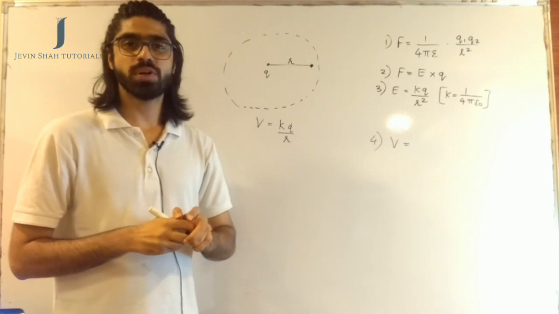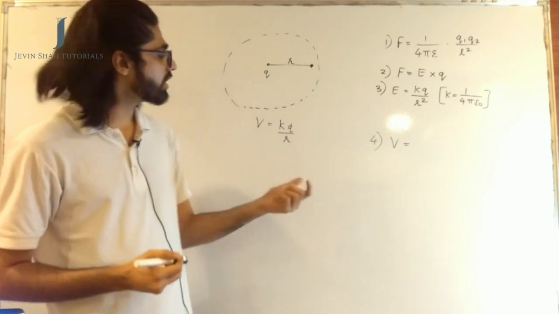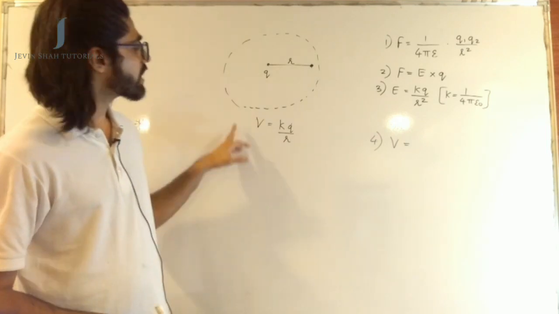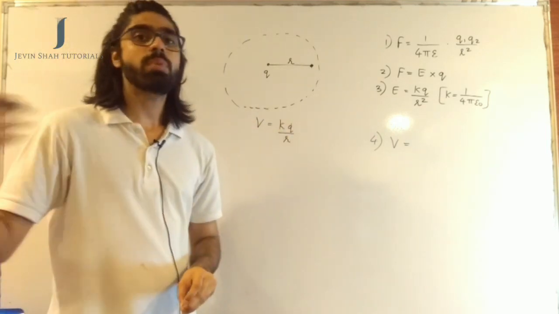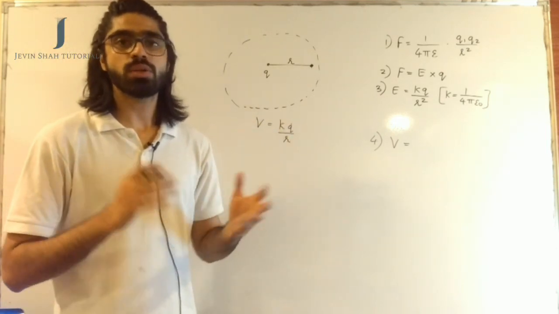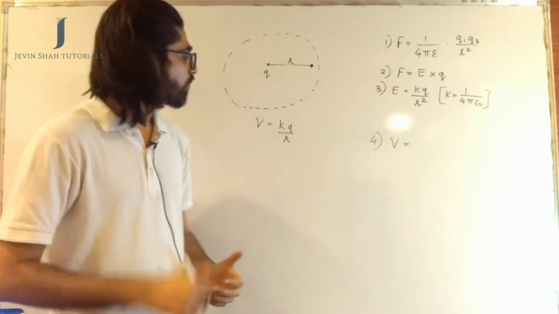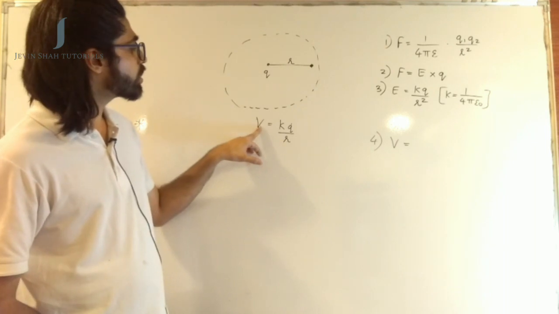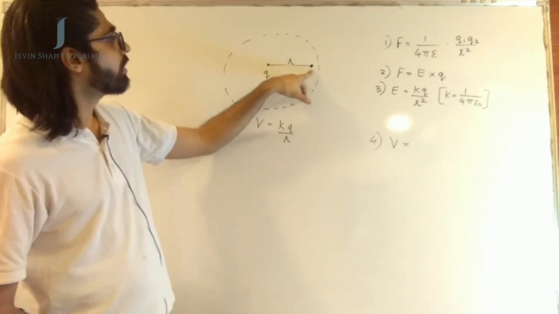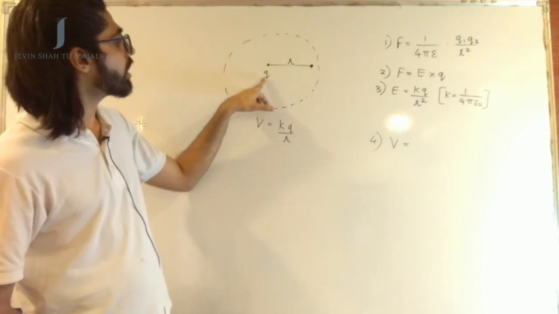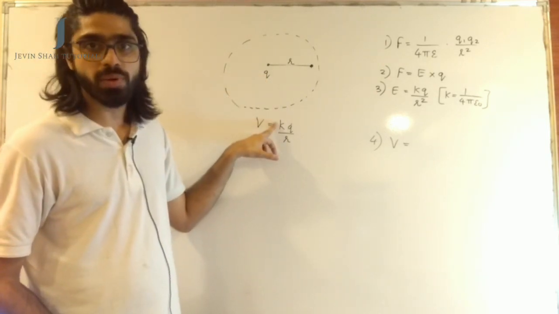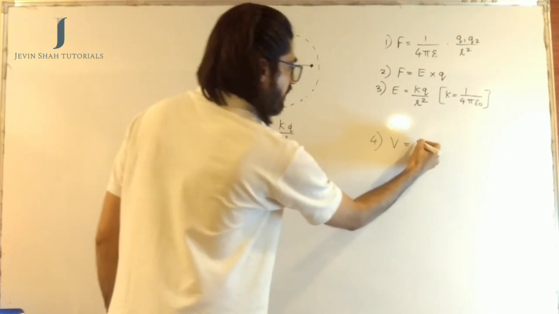Not a very good way of learning things, because I'm telling you to simply memorize a formula. But just hang on for a moment, because after you learn these formulae, the application part of it is where you need to really do a lot of brainstorming. So for now, just get yourself acquainted with these formulae. I said that the potential at a point at a distance of r from the charge q will be given by kq by r. Again, that k is 1 upon 4 pi epsilon naught. So V becomes kq by r.